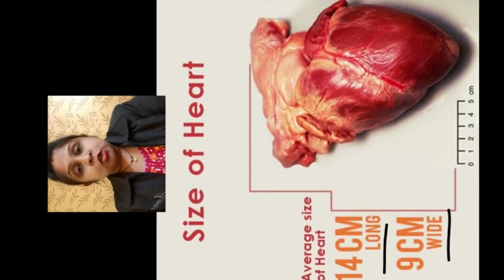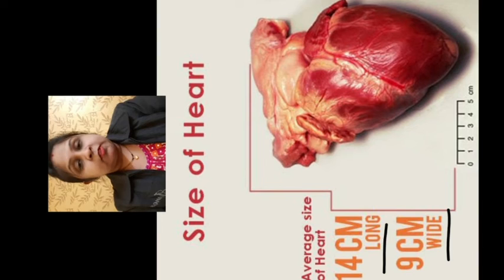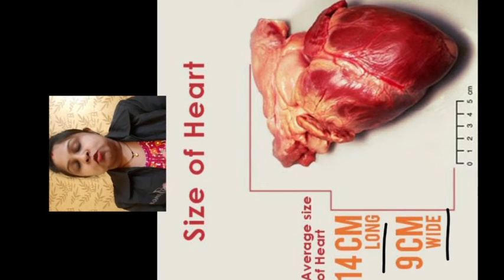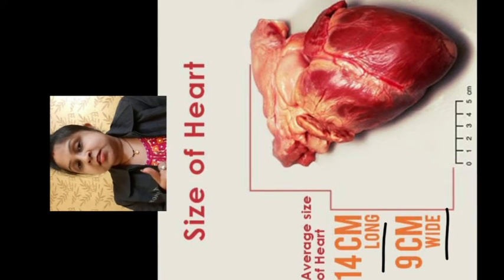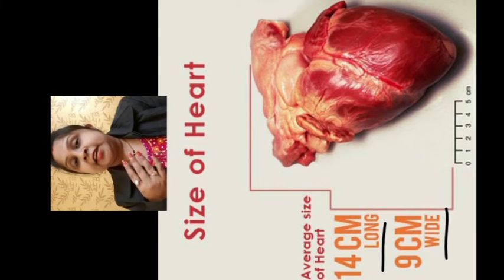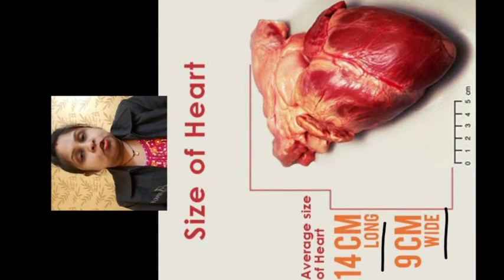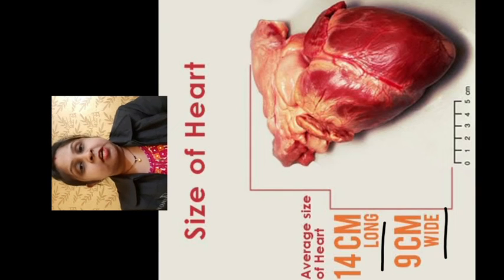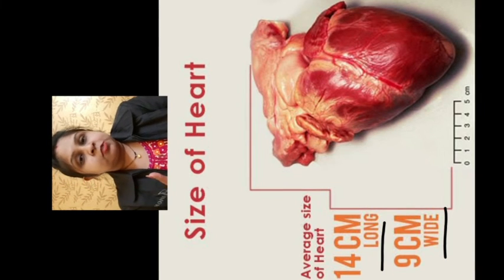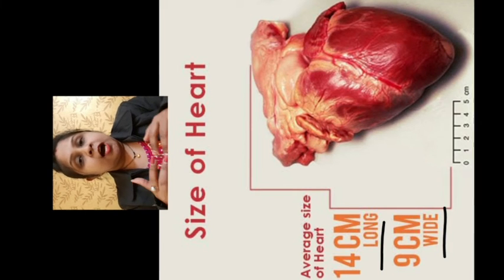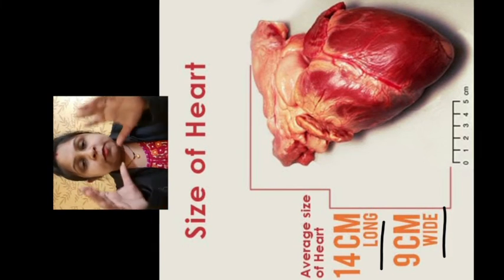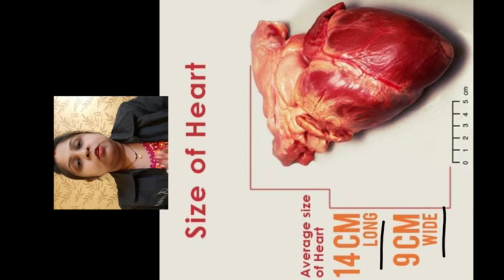And I also told you about the weight. It weighs around 300 gram. Okay, this much I told you. And also you should know that it is made up of muscles that are called cardiac muscles that help the heart function throughout its life without any rest. So this much I told you. And also the diagrammatic structure of the human heart I have discussed with you, and the cycle, the blood circulation in the human heart, how it happens, how the function takes place, I have explained in this video.